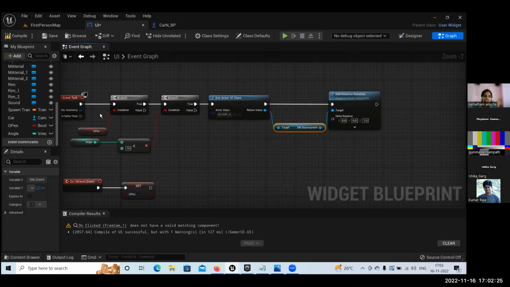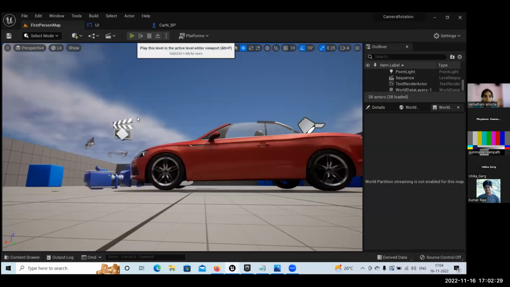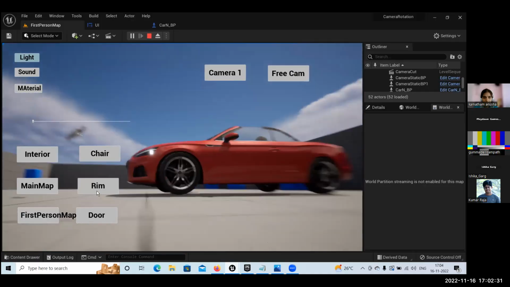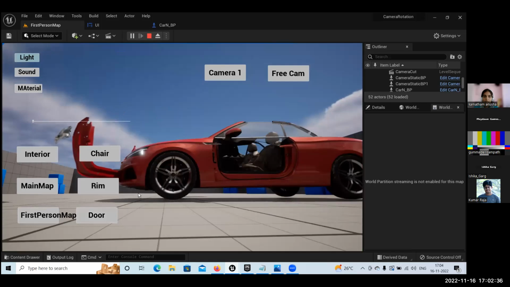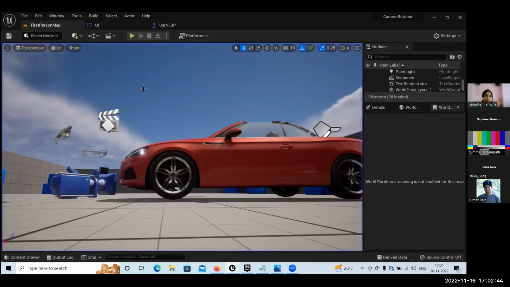Okay. So now I will compile and save. We will see how it works. Click on this door. It is not stopping, even though we have given the value less than 50, but still it is not stopping. So what we have to do is